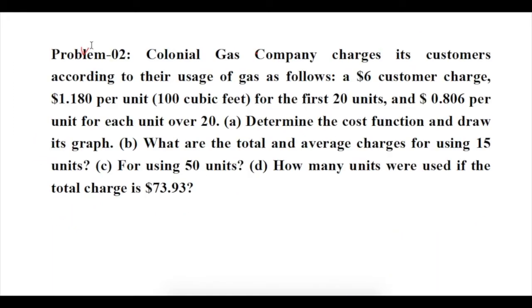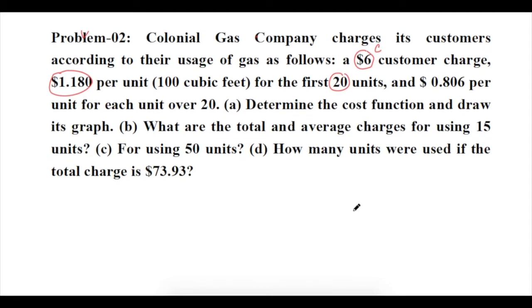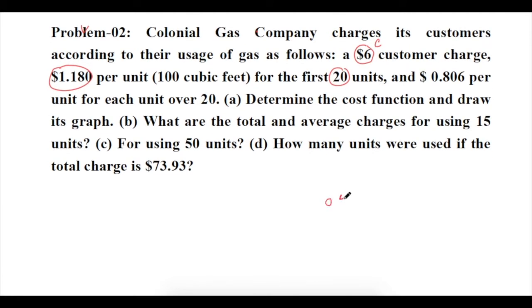Now let us solve problem 2. Colonial Gas Company charges its customers according to their use of gas as follows. $6 is the customer charge, so this is the fixed cost, and this is the variable cost per unit. So here per unit means 100 cubic feet, and for the first 20 units, therefore your range, the first range will be from 0 to 20, and the first function will be